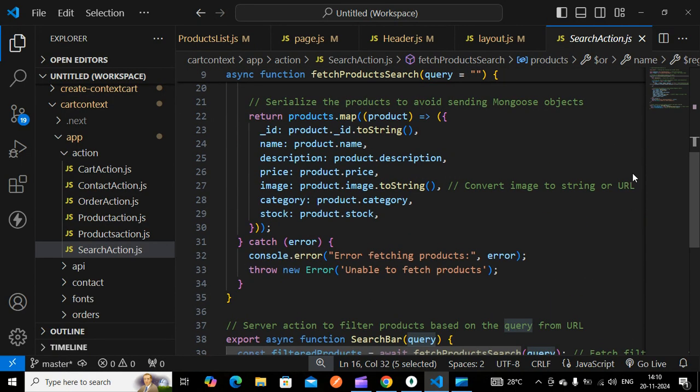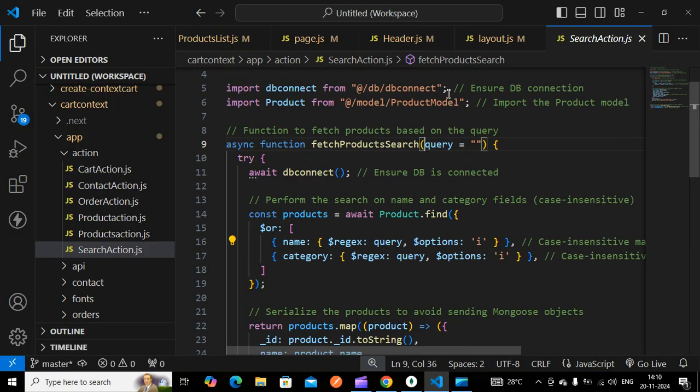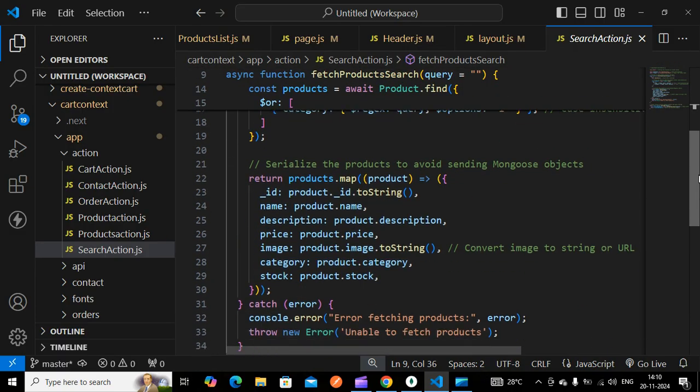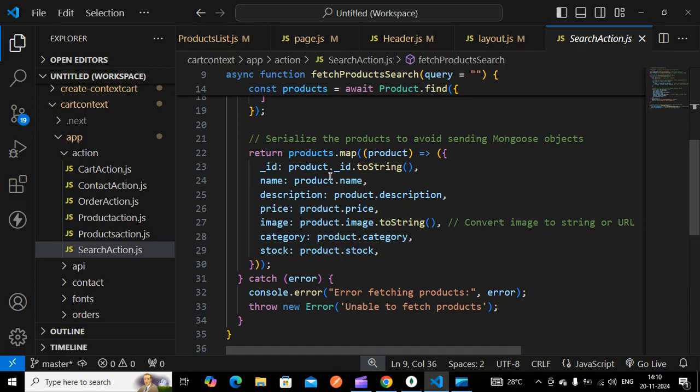The product, what it will do is, we have to convert it to a plain object, so we have to convert this underscore id to a string, serializing the product to avoid sending issues.